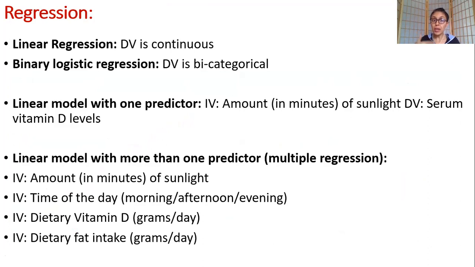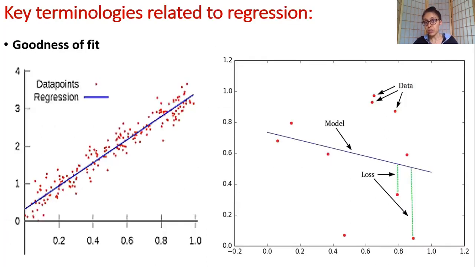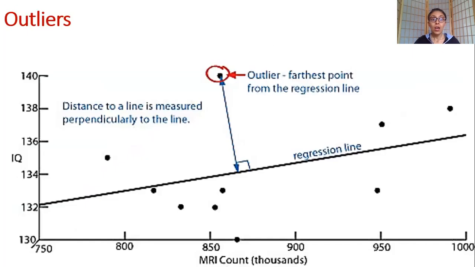And with further investigation, I find out that, oh, hang on, there is one more factor, occupation, which is actually mediating the relationship between sunlight exposure and blood vitamin D. So this is what I'm trying to say. A good or bad model is judged by the amount of variance explained in your outcome variable by the various predictors. All right. So now the second important theoretical concept is outliers.